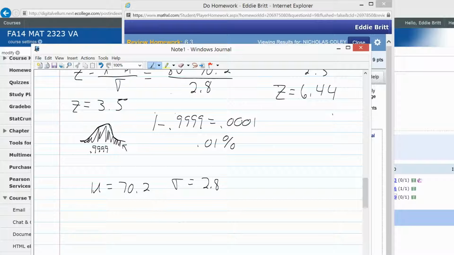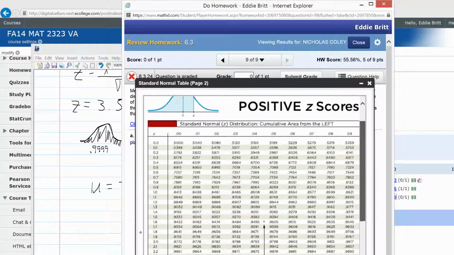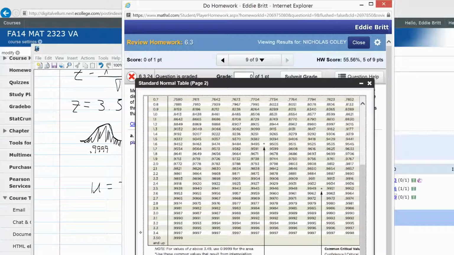The tallest 5%, if you think about a bell curve, we want 5% to be on this side here. 5% is 0.05. Remember, our tables are cumulative from left to right, so if I want this x value, I have 95% to the left. So I actually look up the area of 0.95 in my table and get that z-score. I know I wrote an x there, but there's some z there. So I go to my table, to 0.95, as close as I can get to 0.95. You see there's actually a star there, and if you follow that down,